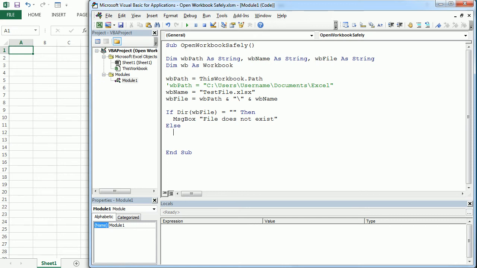And the second check is to check the file is not already open. So we're going to have to loop through each open workbook to check that this file is not open already. So we do that with a for each loop. So for each workbook in the workbooks collection, and we've used this for each loop in several other tutorials. So have a look at the other tutorials if you don't know how to use it. So here we're gonna put a condition. So if the workbook name is the same as our workbook name,